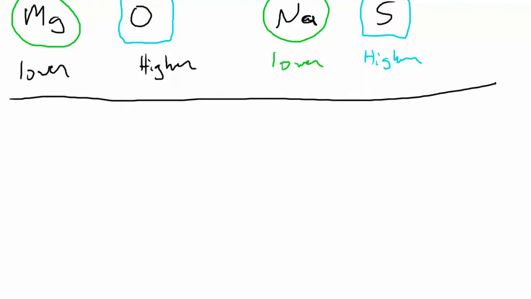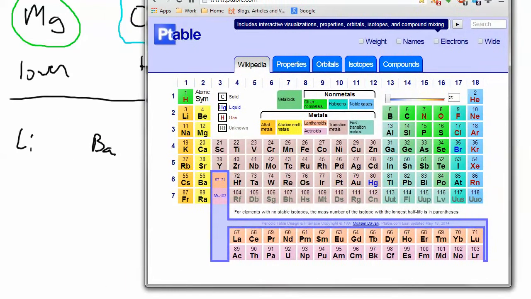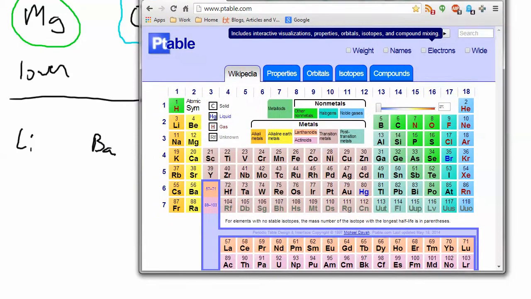So if I gave you lithium and, let's say, barium, you'd have to find those in the periodic table and remember the patterns that we just talked about and try to figure out which one would probably be the higher of the two electronegativities. Lithium's all the way up here and it's in the first group, and barium's all the way down here, it's in the second group. So barium's to the right of lithium, but it's also much further down in its group